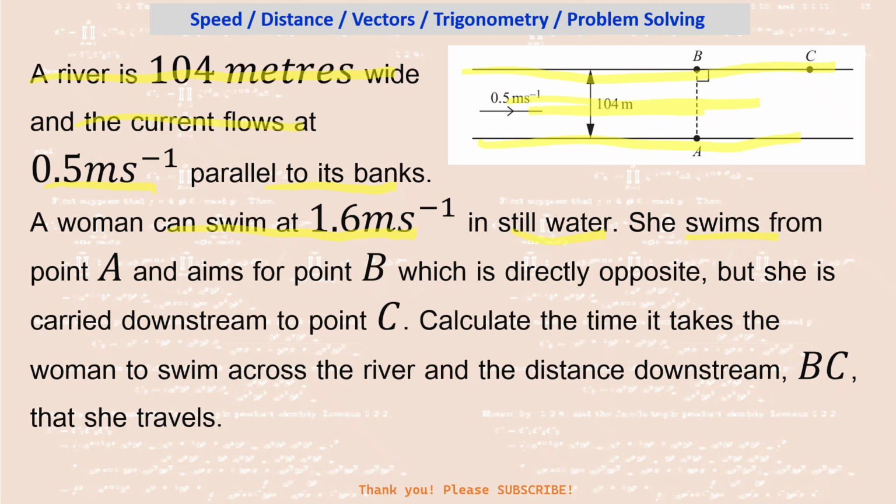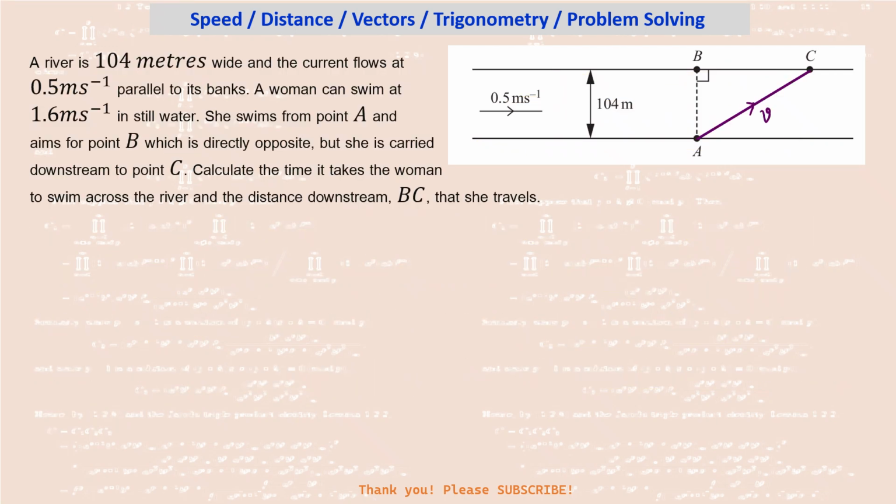She swims from point A and aims for point B, which is directly opposite, but she is carried downstream to point C. So calculate the time it takes the woman to swim across the river and the distance downstream BC that she travels. So if we join AC and assume that V is the velocity at which she swims from point A to C,